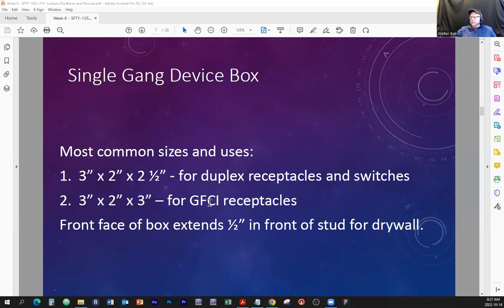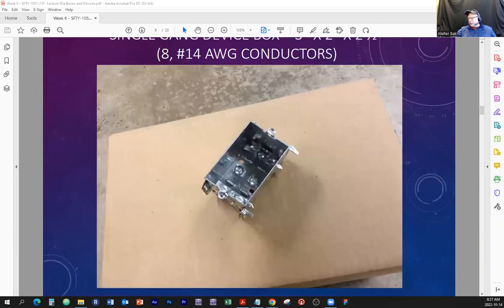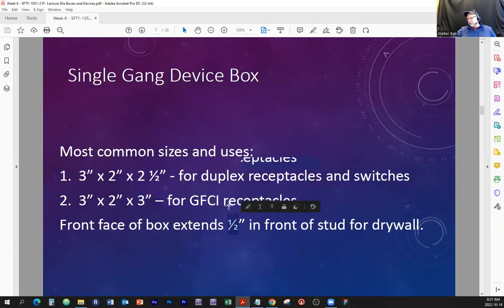So it's a bigger device and it requires a deeper box. The front face of the box extends half inch in front of the stud wall. What does this mean? You see here, there's a little bit of guide knockouts, or grooves, or spikes. This spike here is half inch